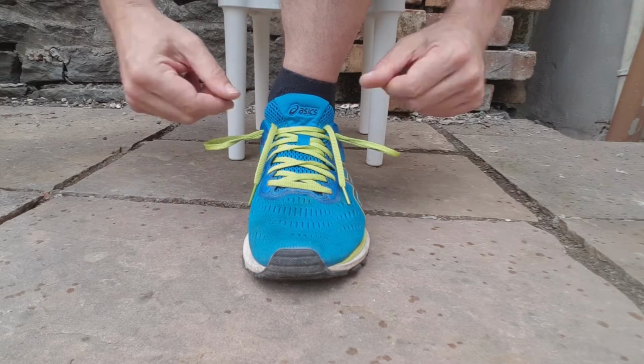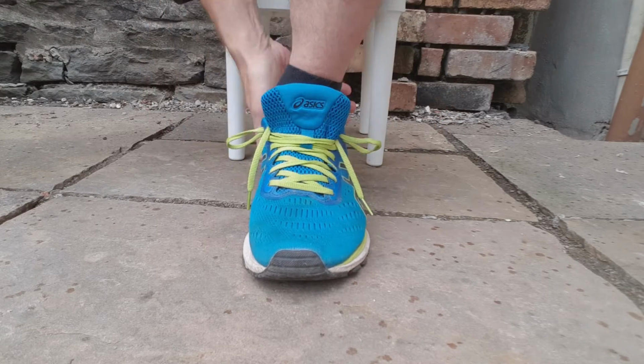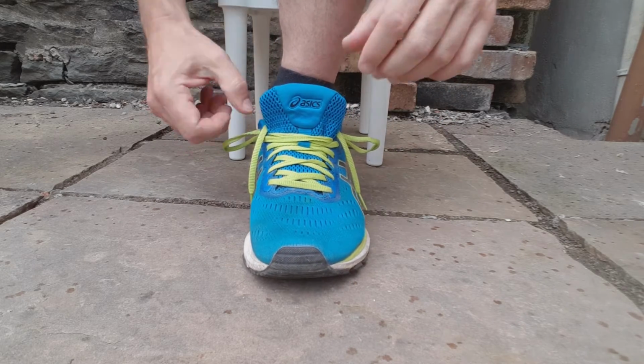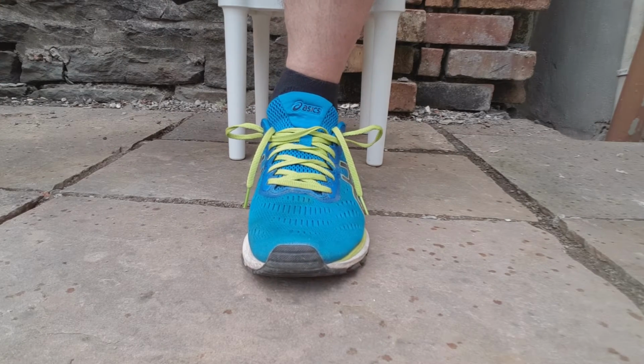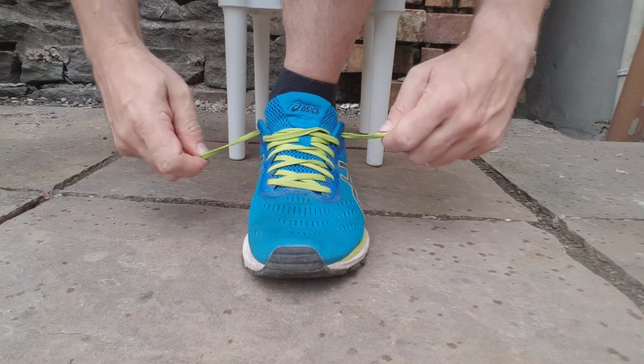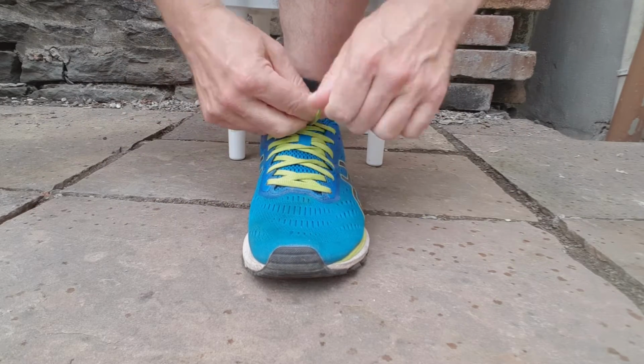Now you can leave the loops there if you want to use the ankle locks next time, and just open the shoe up, and now I've got plenty of room to take my foot out of the shoe. And then you just go back to what you need to do to tie them back up again. If you want to go back to normal laces, obviously just pull the loops out and just retie your shoe as normal. So there you go, a nice simple ankle lock technique that'll help you to hold your foot back